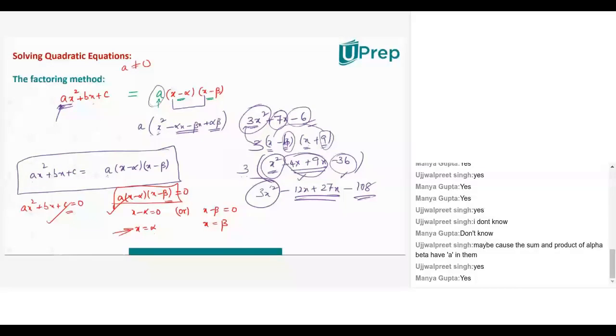Actually, these are the solutions of this quadratic equation. But what does this box say? This expression is the same as this expression. That means the roots of the right hand side should also be the roots of the left hand side. Have you got now how to solve by using the factorization method? Then we'll see a small example to understand the discussion. Is the theoretical discussion clear to all?